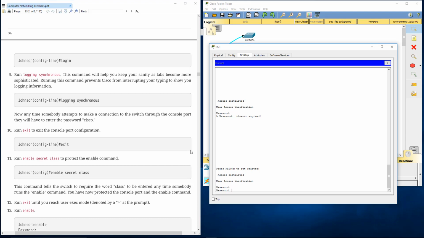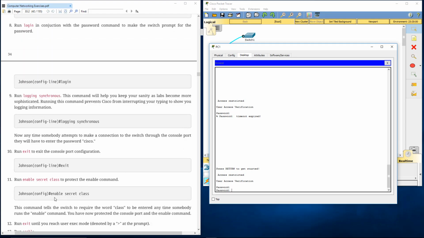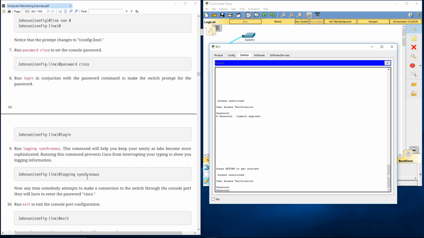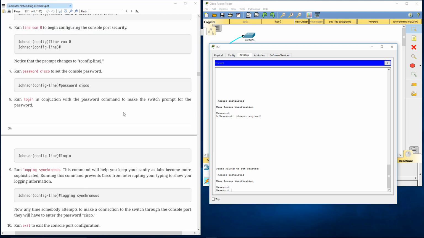Well, we configured 2 passwords, right? We configured the enable password. We also configured the console password. I am trying to connect to the switch to the console port. So that is what the switch is going to prompt me for first. So for the console port, we use the password Cisco. So I'm going to type that in. C-I-S-C-O, enter. Okay, so now I'm into the switch, into user exec mode, but I cannot make any configuration changes